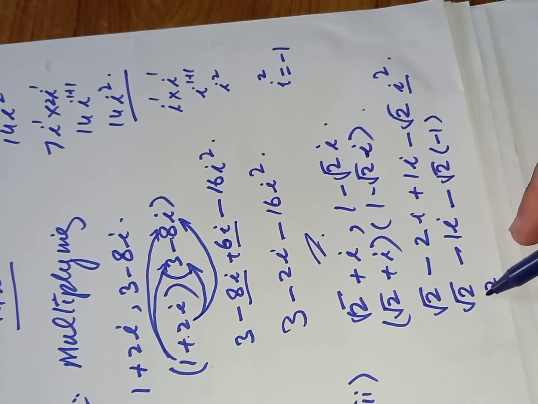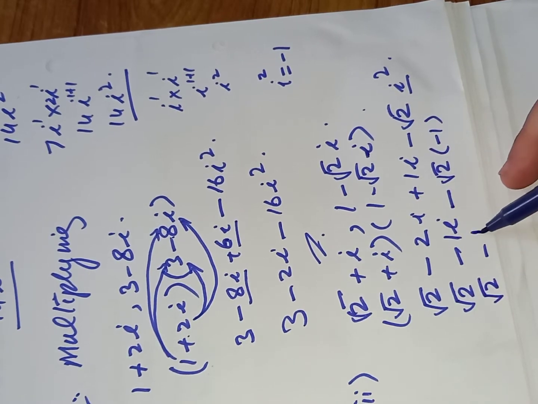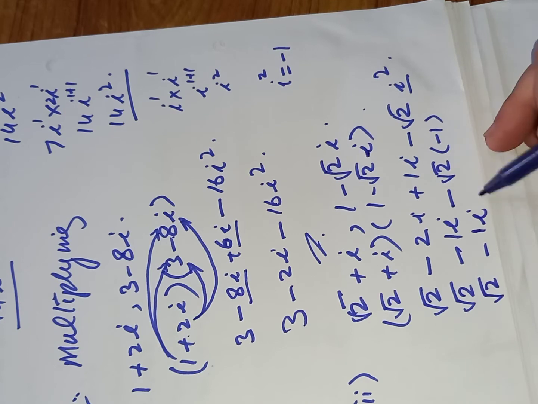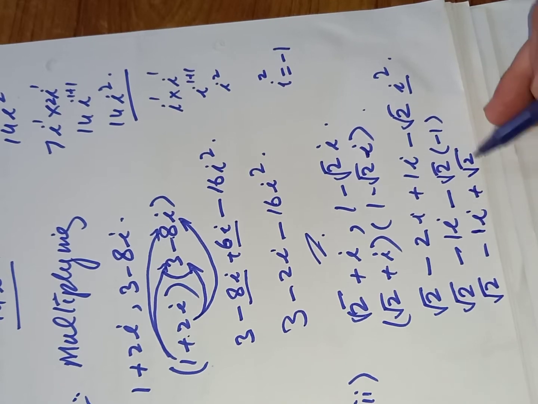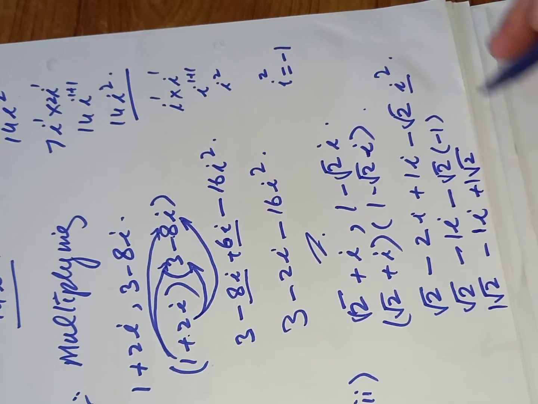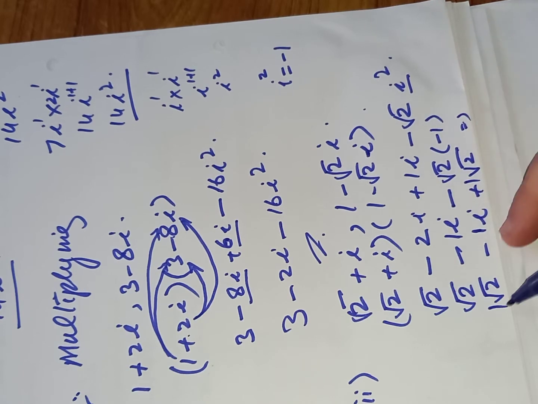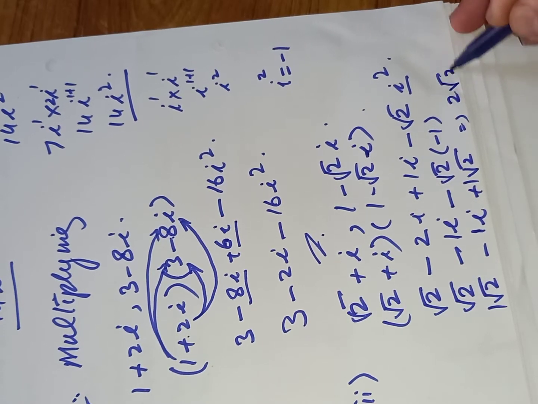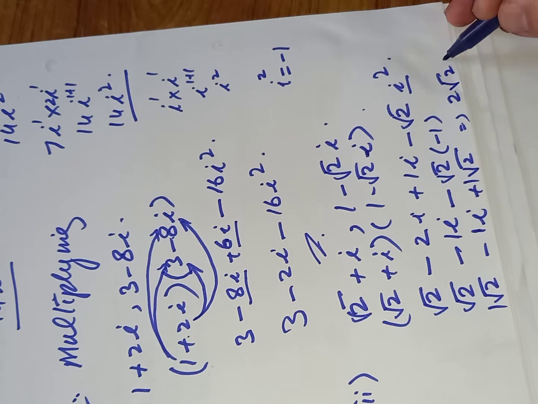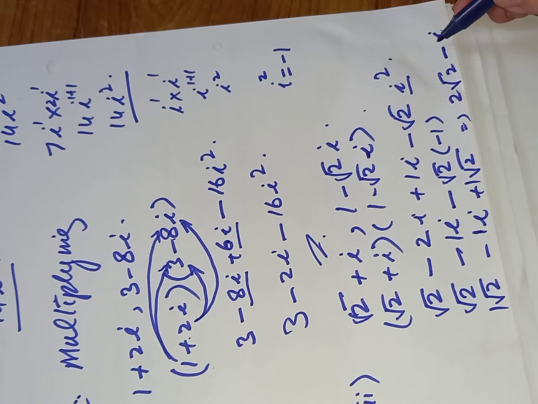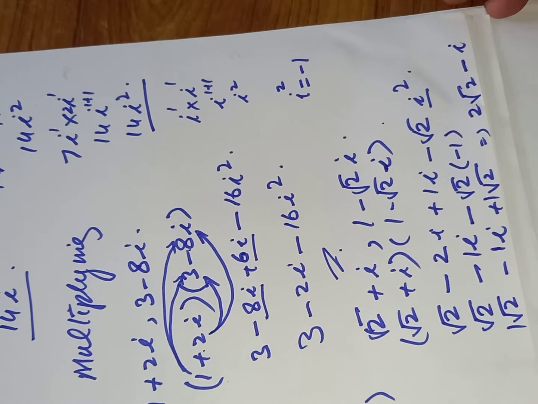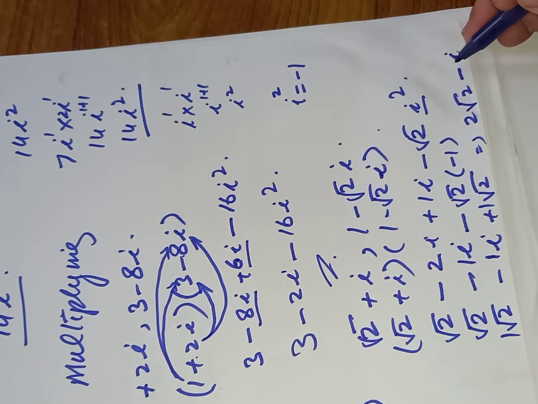Now what we will do, 2 square root minus 1 iota and minus minus plus 2 square root. You can see the coefficient of these both, and that is 1 plus 1, 2 with 2 square root and minus iota. Instead of writing 1, for the sake of expression we don't write this 1. So this is the answer.